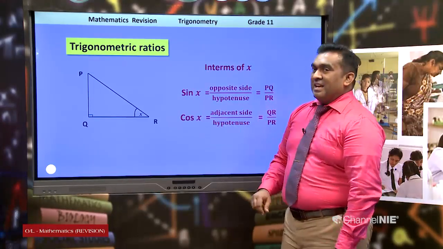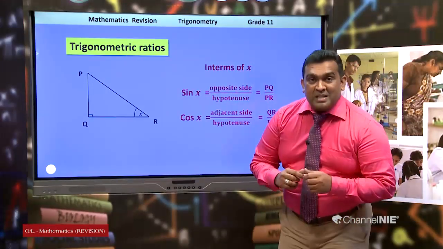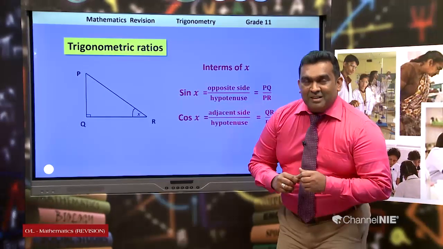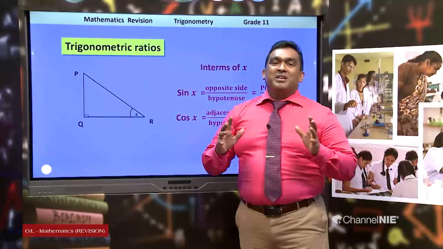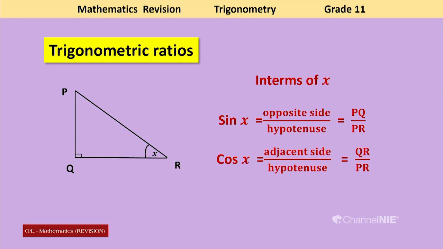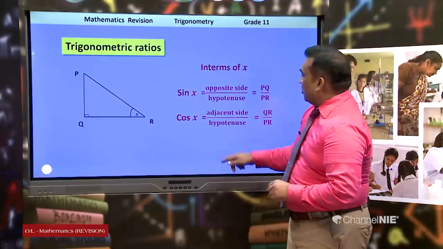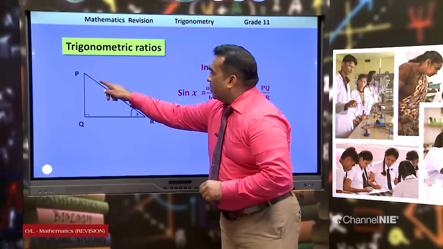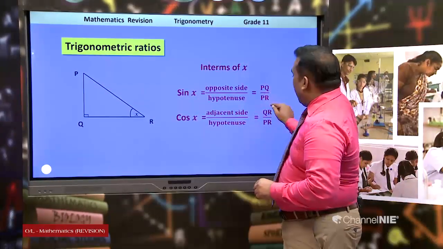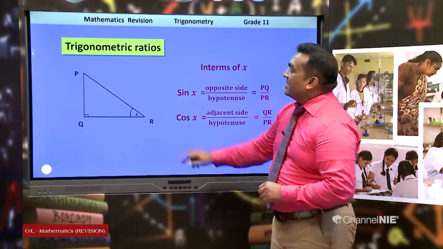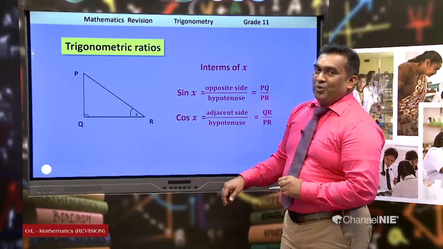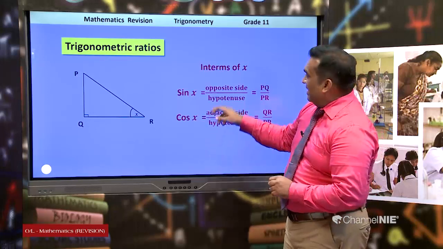cos x. How to define cosine, our second trigonometric ratio? Cos of this angle is called cos x. The adjacent side, QR, should be divided by the hypotenuse. QR over PR is our cosine ratio, cos x. Then